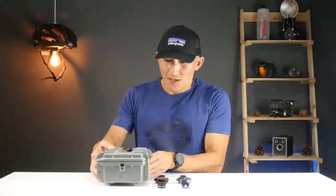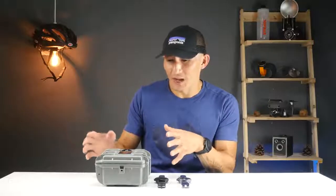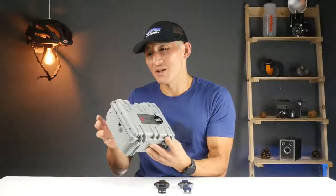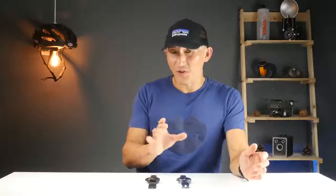Now, one more thing I do want to mention about price is this case. This case can't be cheap. I know it's not going to be hundreds of dollars or anything like that, but if you were to eliminate this case and go with something a little bit more simple, I think that could reduce the price a little bit at least, and make that price a little bit more palatable. I mean, everybody does like a nice case and all, but this is definitely on the more extreme end of things for sure. All right, so that's it for the first look of the Icebreaker edition of the COROS Vertix,